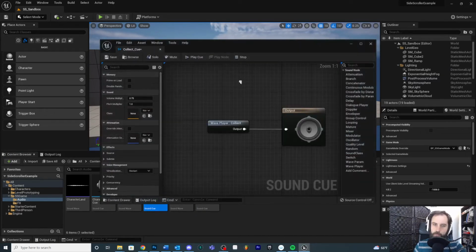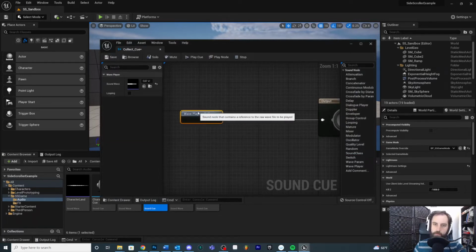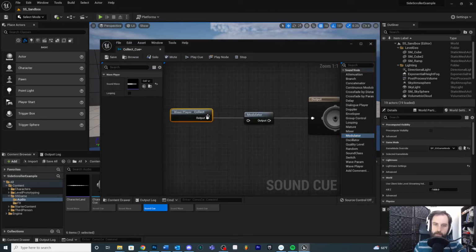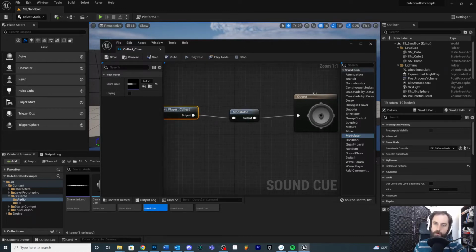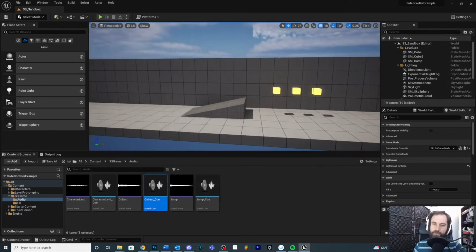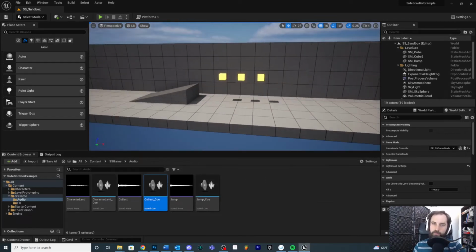If I open that up, I want slight randomization on the pitch and the volume when I collect that sound. Let me pull that out. This is called a modulator. So if I drag in a modulator, I can take my sound effect, plug it into the modulator, and put the output into our final output. And if you click on modulator, you can actually pick a random minimum and maximum for both the pitch and the volume. I actually think the default is fine, so you can test it out with play cue. You see how it sounds slightly different? That's actually what we want. So I'm going to save that. That way it just doesn't sound exactly the same for each one and avoids a little bit of that